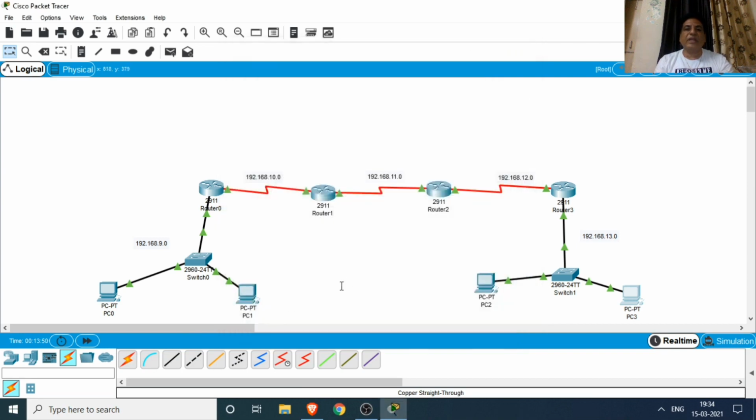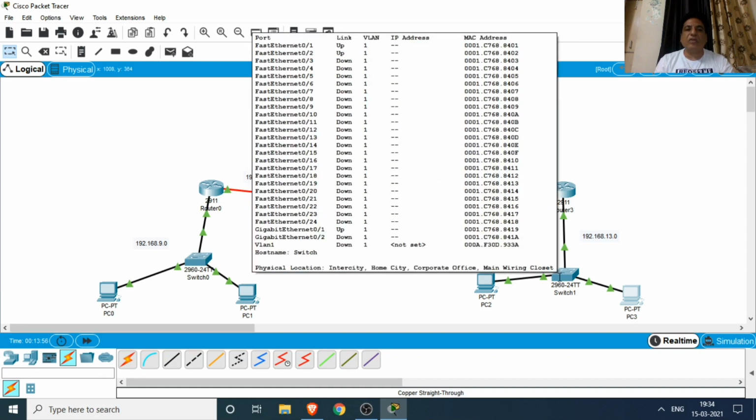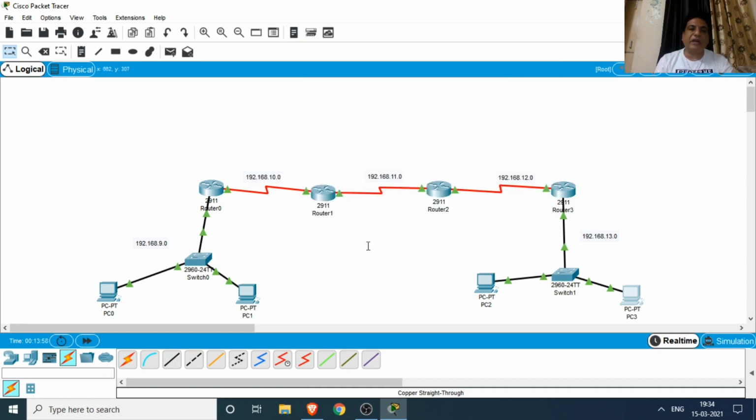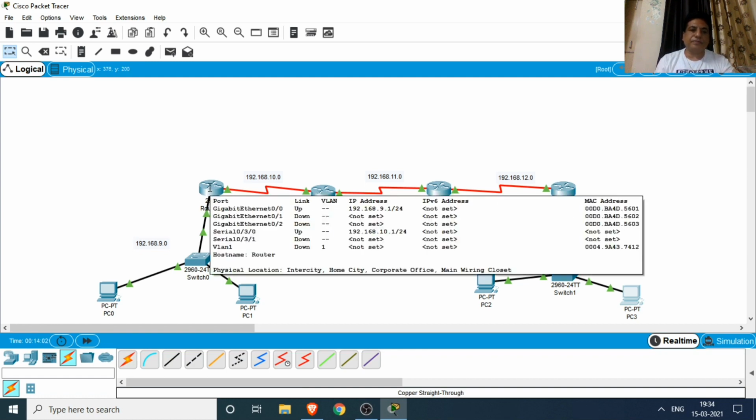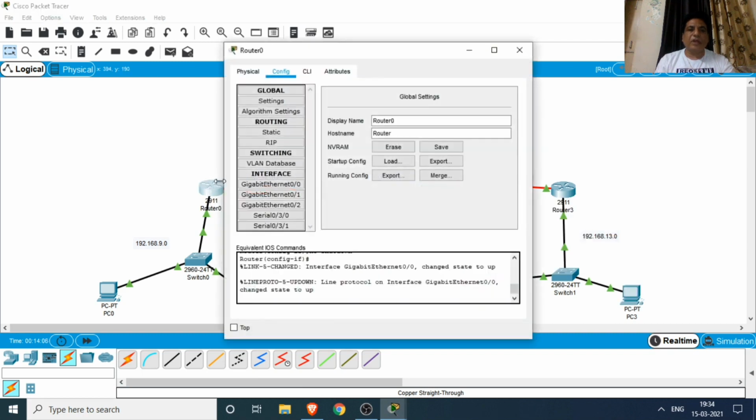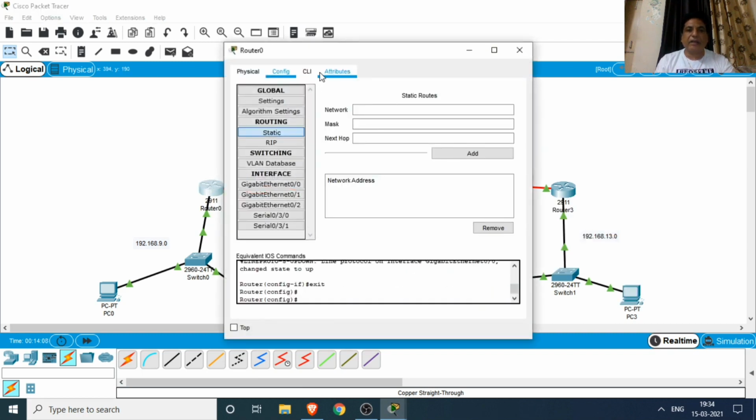So now we have configured each and every port of this network. For building the static routing, it means now we have to configure each and every router. First we configure router 0. We click on router 0, then click on static.